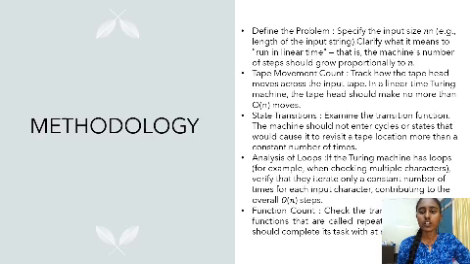Tape movement count. Here, track how the tape head moves across the input tape. In a linear time Turing machine, the tape head should make no more than big O of n moves. State transition. Examine the transition function. The machine should not enter cycles or states that would cause it to revisit a tape location more than a constant